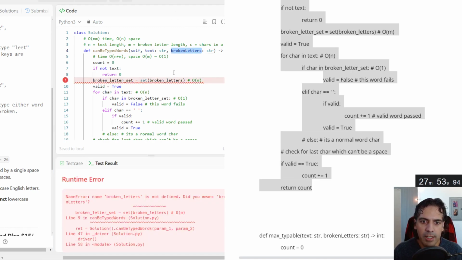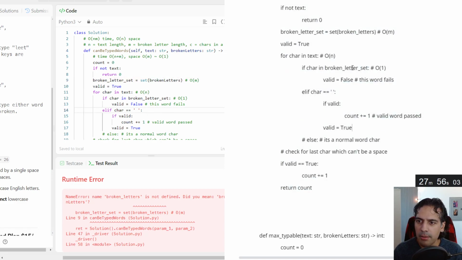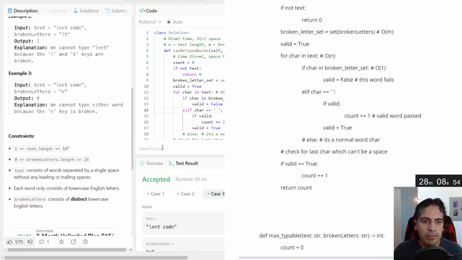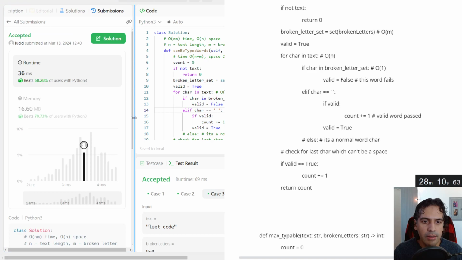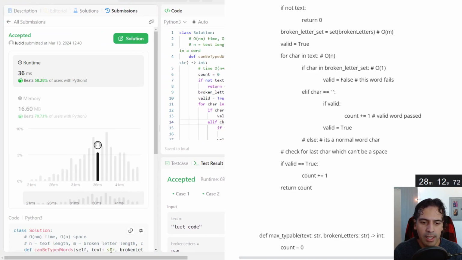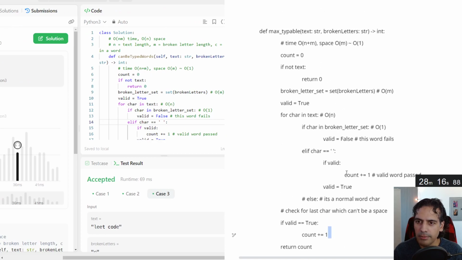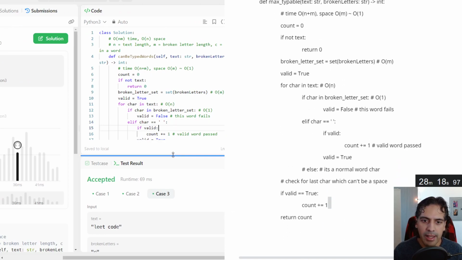Oh, the name of it needs to change. Keep that in mind. So it passes the test cases. Let's submit it and have a look. Great. This one also runs, and this is more efficient, I believe. Cool. I'm glad that worked out well.